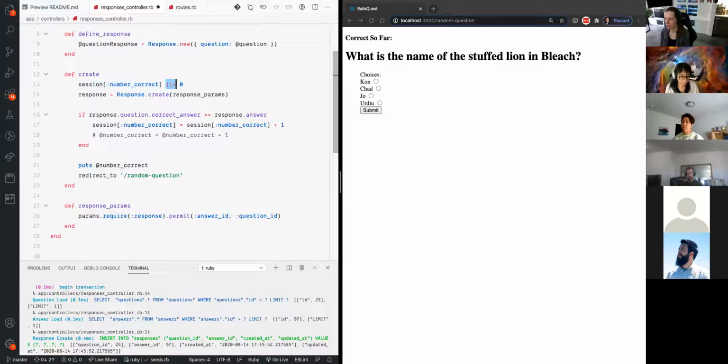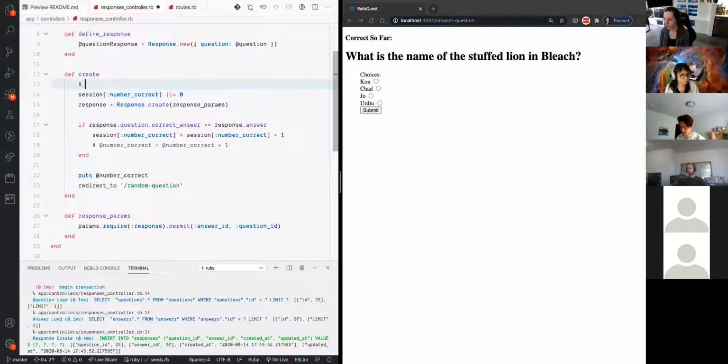Someone remember the term for this? Or equals. Yeah, it's called memoization, what we're doing here, right? It's kind of a funny word. We're essentially saying, hey, if this session number correct key already has a value in it, it doesn't matter